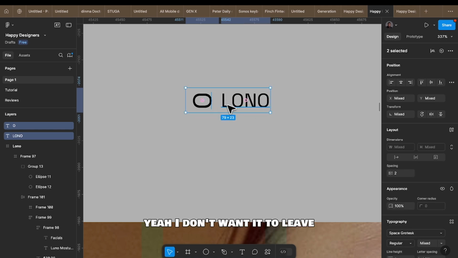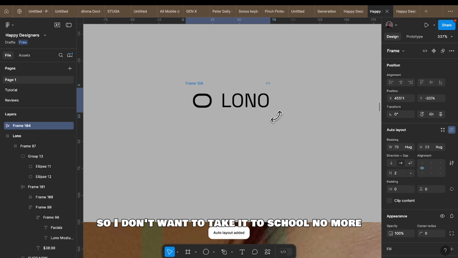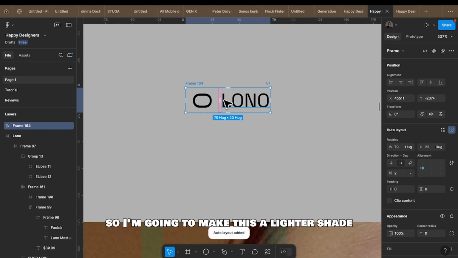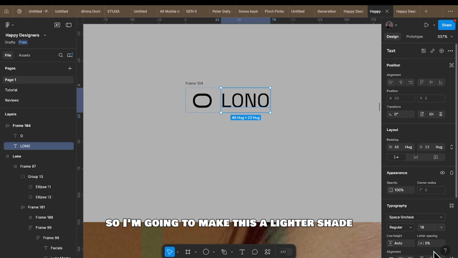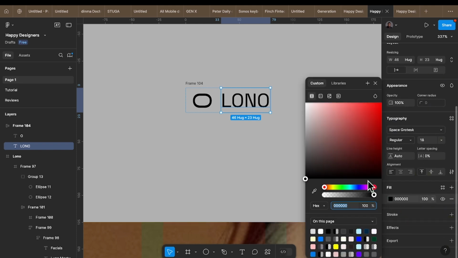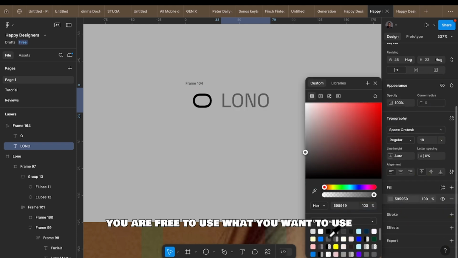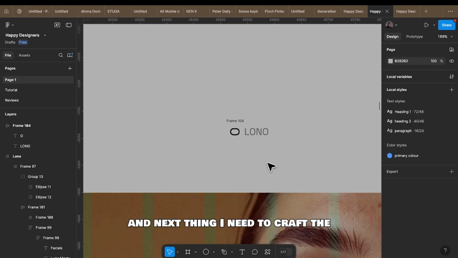Yeah, I don't want it to name it. I don't want it to think it's its own logo. So I'm going to make this a lighter shade. You are free to use what you want to use. And next thing, I need to craft the